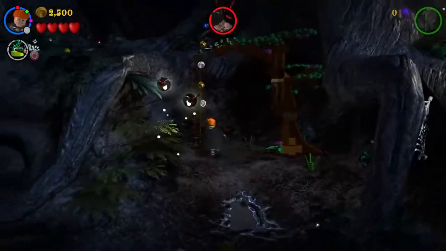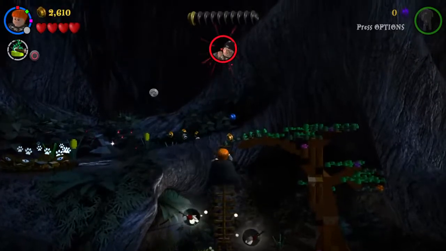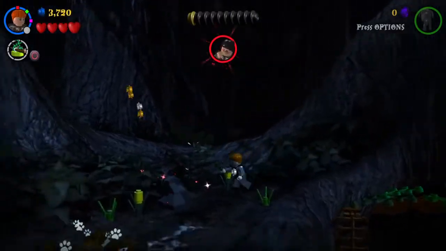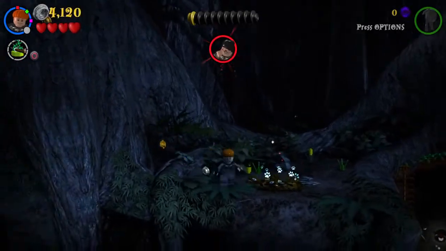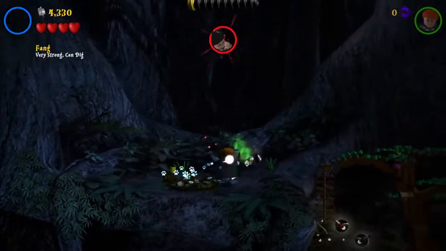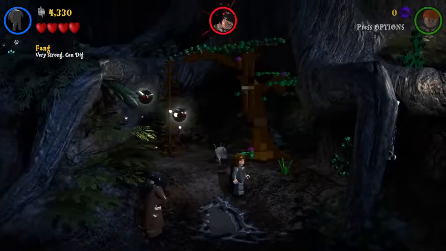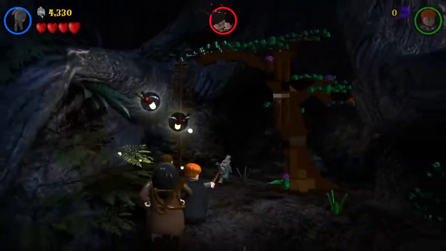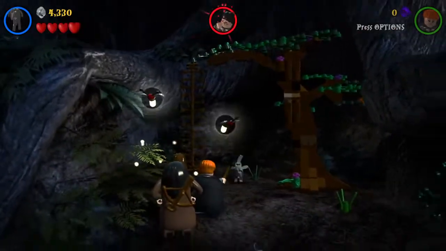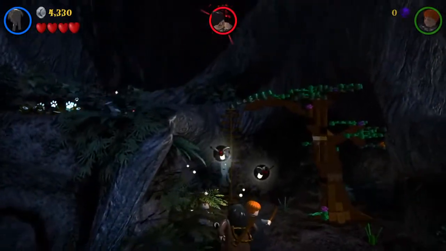And now to rescue Harry. How to make Fang climb up?